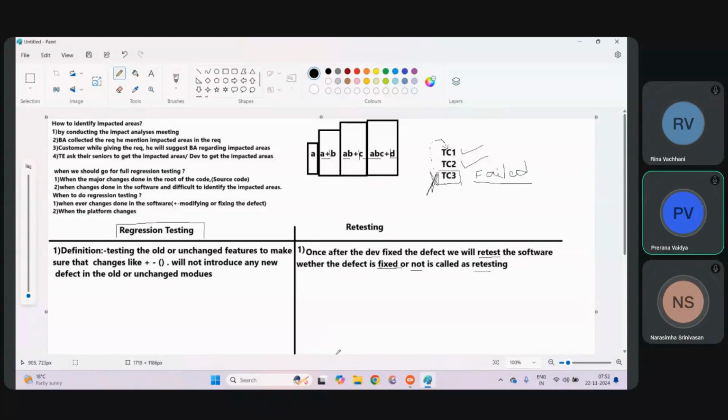Got it? So the regression testing will be done for passed test cases. This I also told you in the previous class. Retesting will be done for the failed test cases. Okay. Unit regression testing, where a module is there, only A module is affected, only in A module you found a